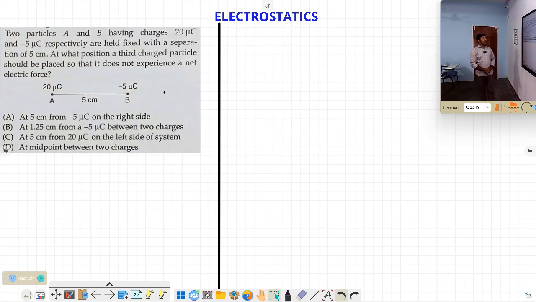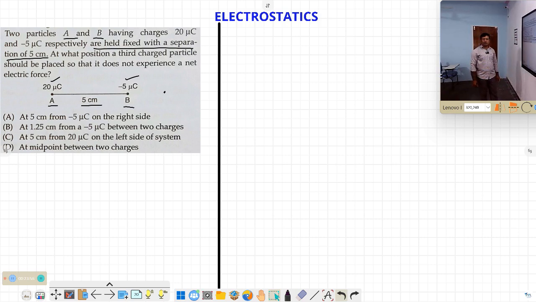Now this problem is related to an equilibrium condition based concept, or null point based concept. If you see the question, what is given? Two particles A and B, having charges 20 microcoulombs and minus 5 microcoulombs respectively, held fixed at a separation of 5 centimeters. Both are separated by what distance? 5 centimeters. At what position should a third charge be placed so that it does not experience